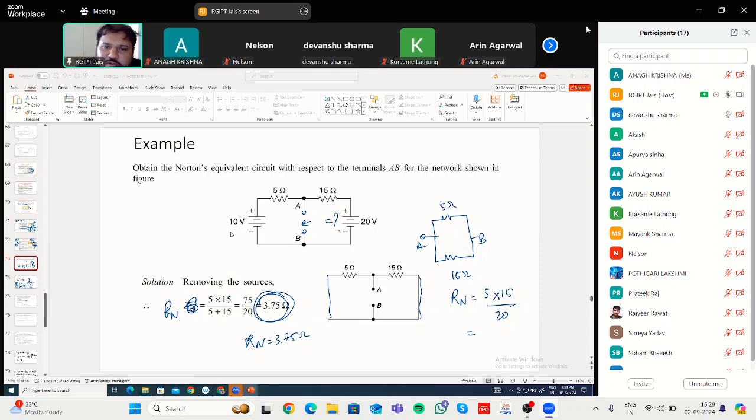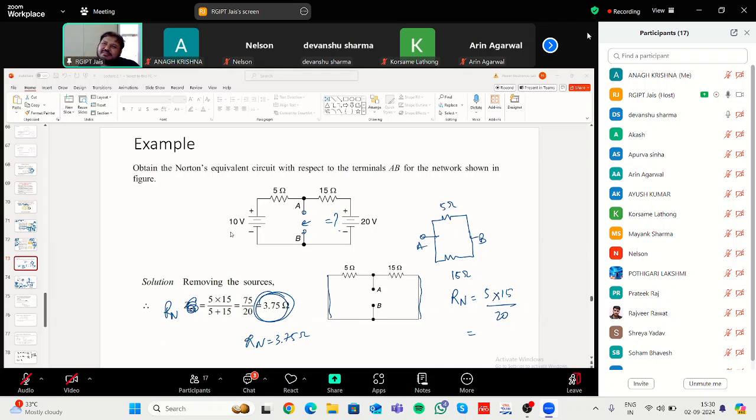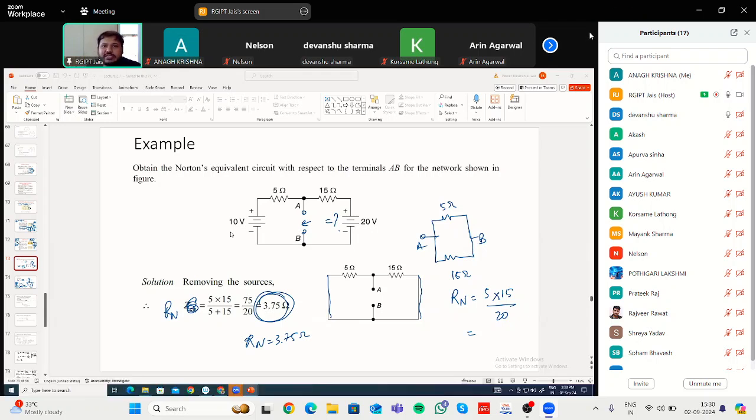Sir, when to apply Norton's and when to apply Thevenin's? Both can be used anytime, but in order to simplify things, when you have to find out the voltage across a particular load resistance, you can use Thevenin's. If it is asked to find out the current that is flowing through that particular resistance,